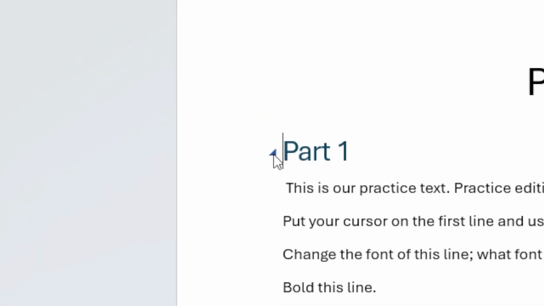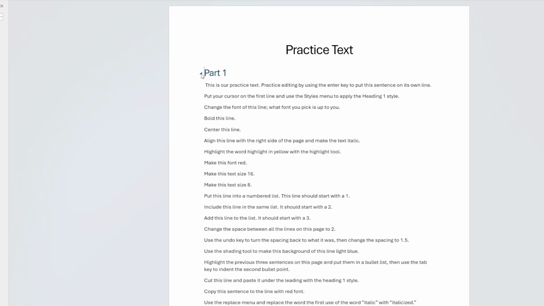A fun detail about heading styles is that they are not just visual, but functional. If you put your cursor over a heading, you can collapse everything under that heading, hiding it. Heading 3 can be hidden inside of Heading 2, and Heading 2 can be hidden inside of Heading 1. But Heading 3 can't hide Heading 2 or 1, only the text under itself. This allows you to nest topics together and hide things that you don't need taking up room on the page.